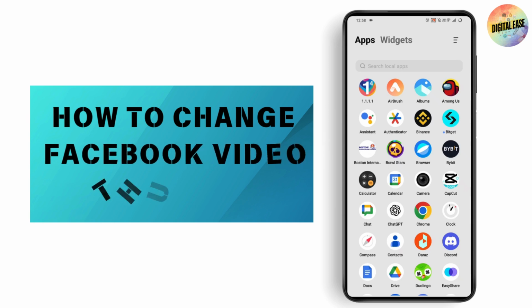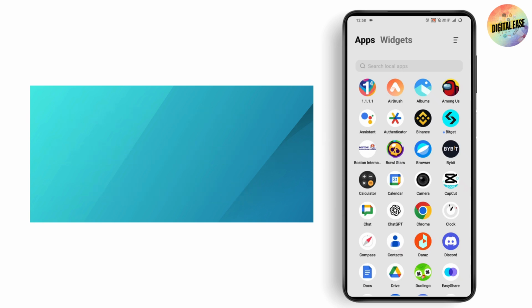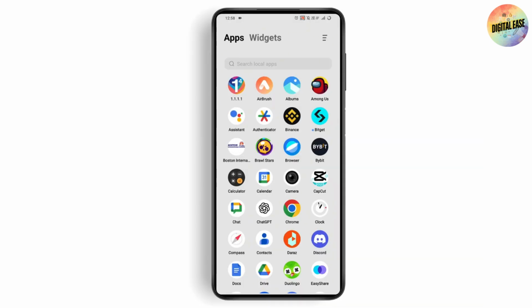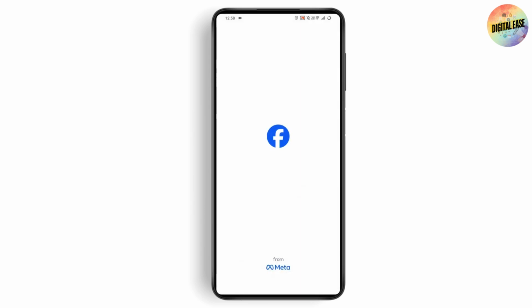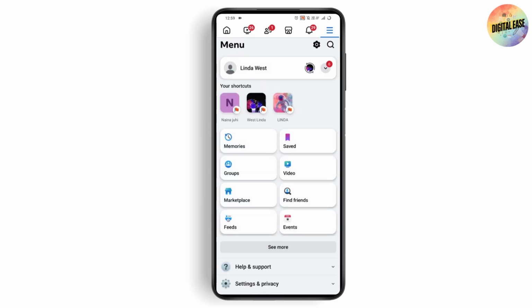How to change Facebook video thumbnail. So if you want to change the Facebook video thumbnail, then what you need to do is you just need to simply open up your Facebook application at first. And after that, go with the profile, which is on the top right, or the 3-bar icon, and tap on